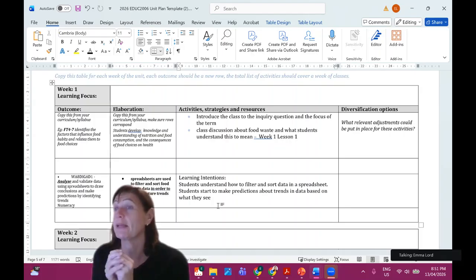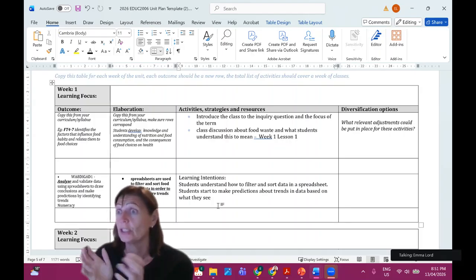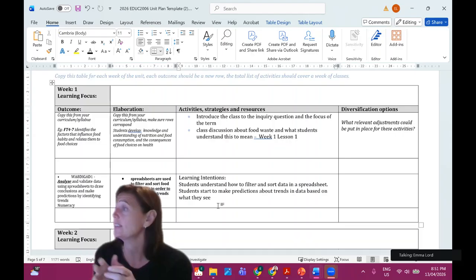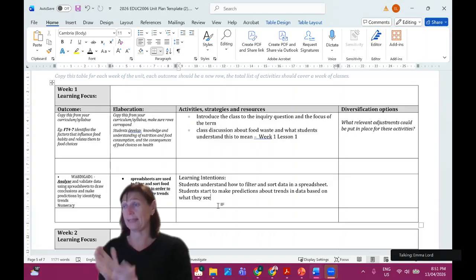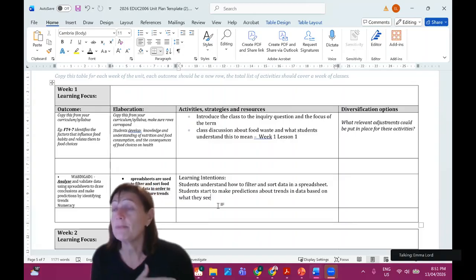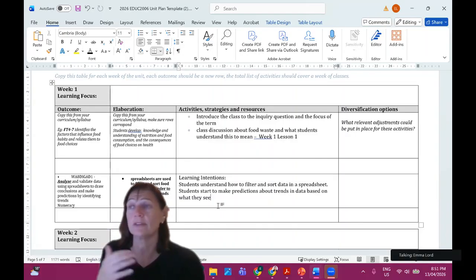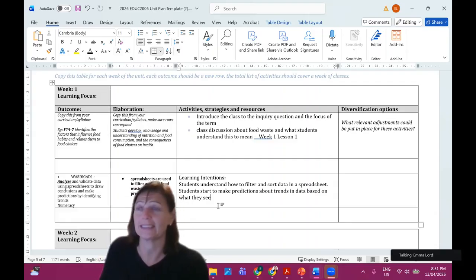You want them to be able to maybe put in a range, so looking at a range of data. We're quite used to doing things with that. So you start to see patterns. You might have this already set up, so you've already set up predictive patterns and stuff, but you're getting them to start looking at the data,